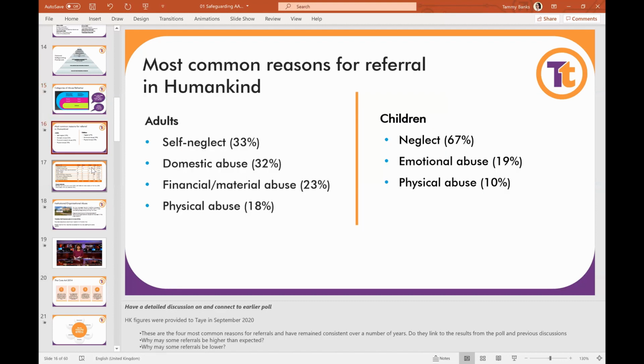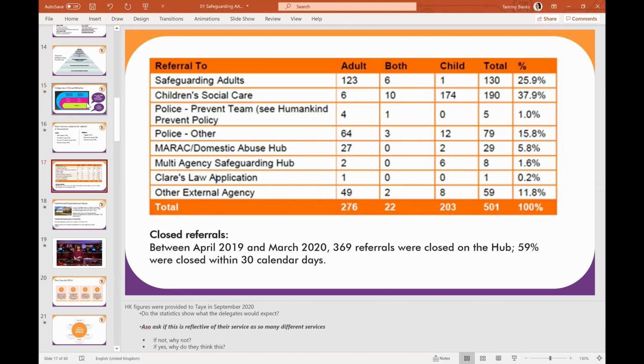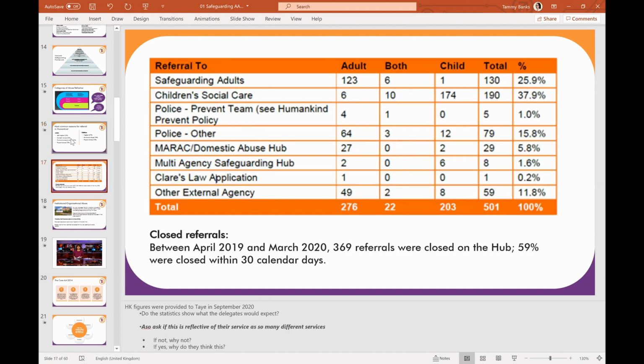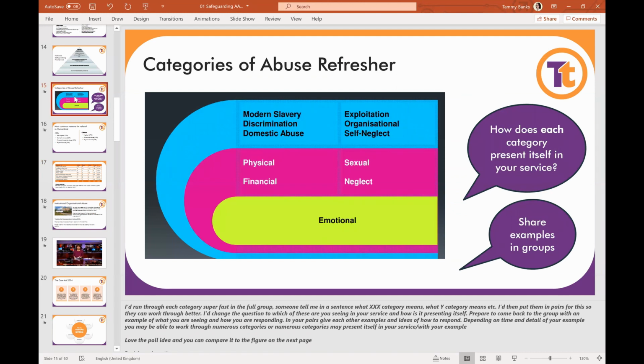And then when you come onto these ones, it gives you everything you need to introduce those and to discuss those. This is a really, really big piece of learning for them, because it's about, are we reporting enough? Are we reporting too much? Do we understand that type of thing? And it will really draw out for you as a facilitator which ones of the categories of abuse are being portrayed most and how they're presenting themselves. So when you come onto the new stuff in a little bit, you'll know what to labour a little bit more as well.